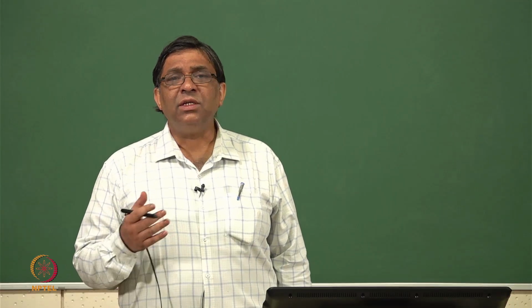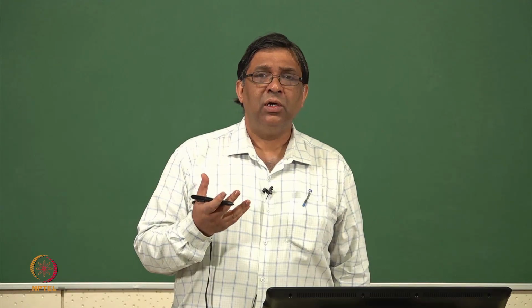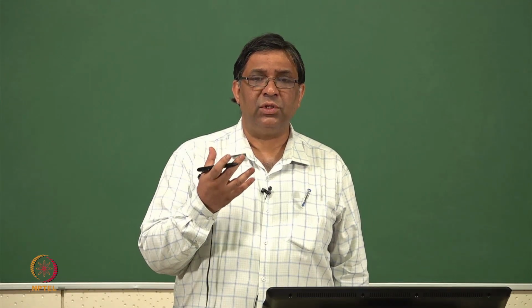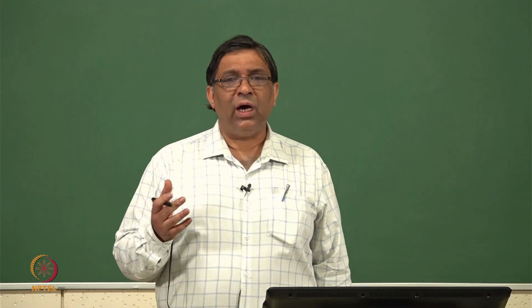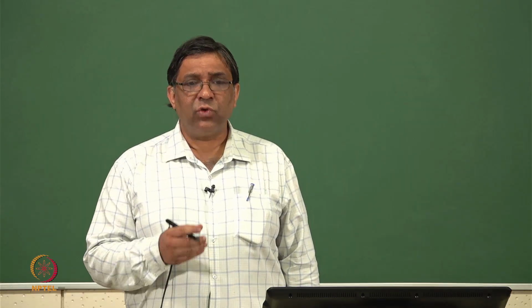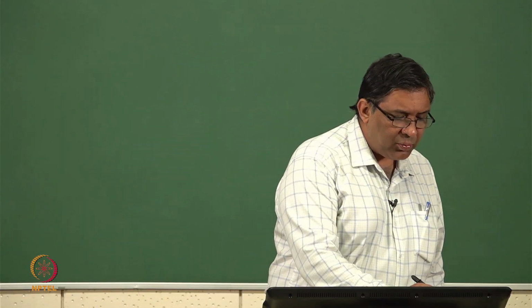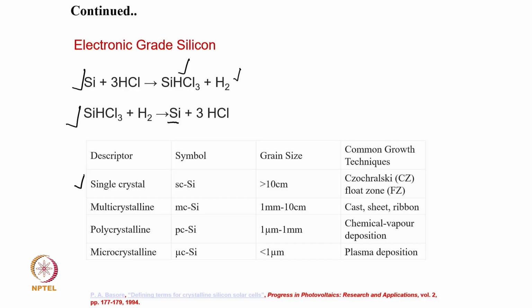Okay, so what are the types of silicon one works with, when we use it for solar cell particularly, or for any other industrial purpose? But for solar cell, these are the silicon. So you can make a differentiation of the silicon. So it starts with single crystal silicon. Okay, single crystal silicon is highly pure single crystal silicon, but with a large grain size, and you have to use some special crystallization technique like Czochralski or CZ technique or float zone technique.